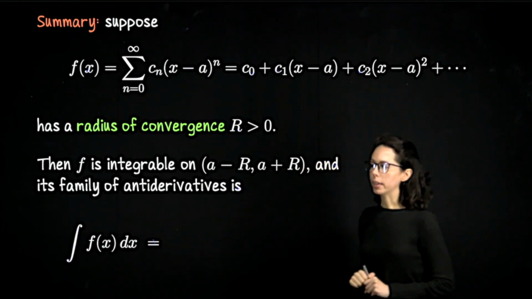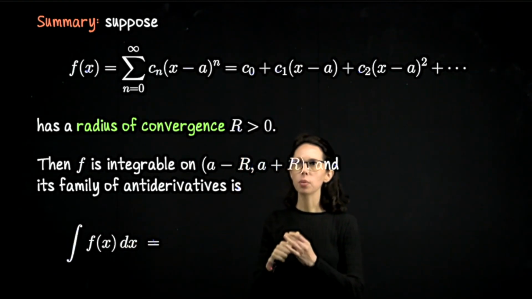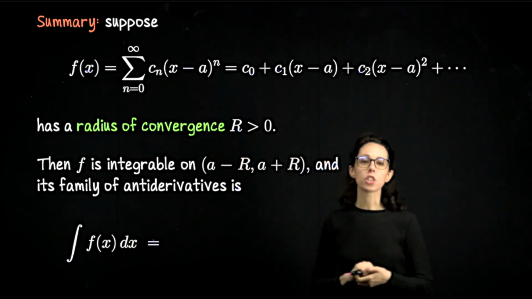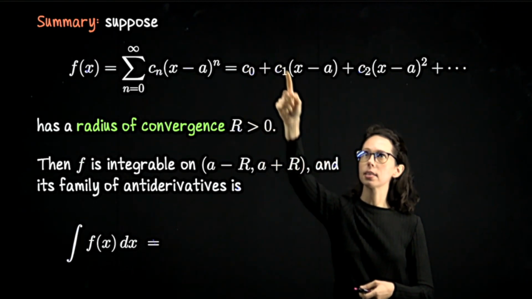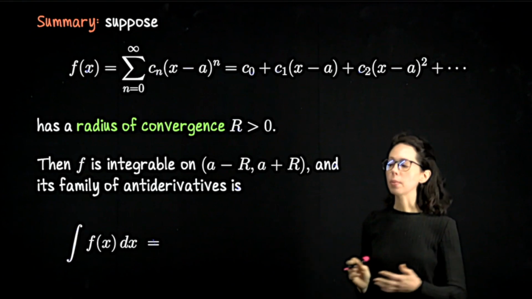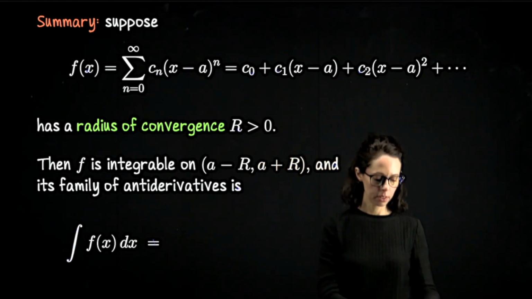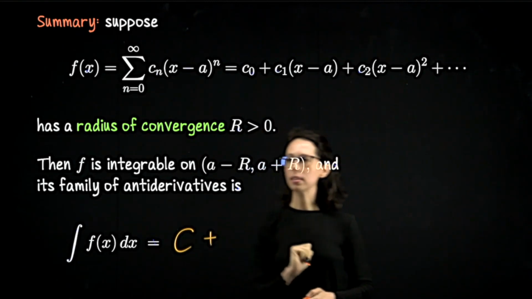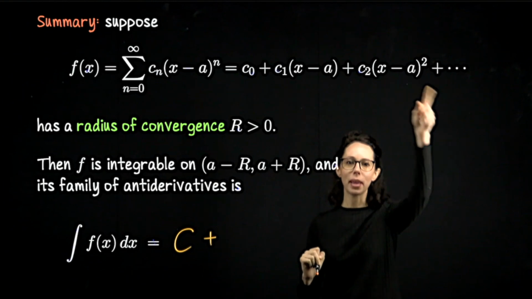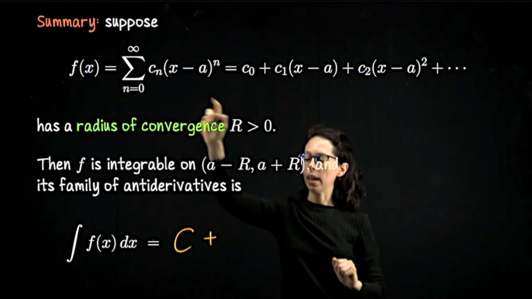What that will look like is the antiderivative of f of x dx is going to be ultimately the term-by-term antiderivative of the power series. So you could anti-differentiate this, this, this. If I'm just doing an indefinite integral, first thing I want to do is pick up a constant of integration. So we can say that this is c plus term-by-term anti-differentiation,